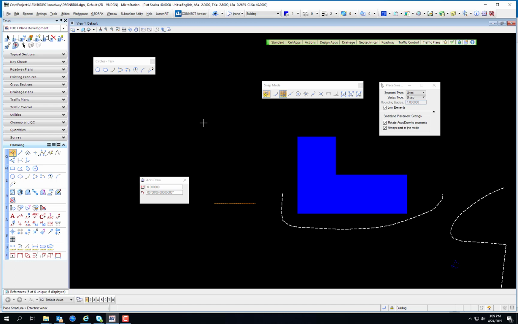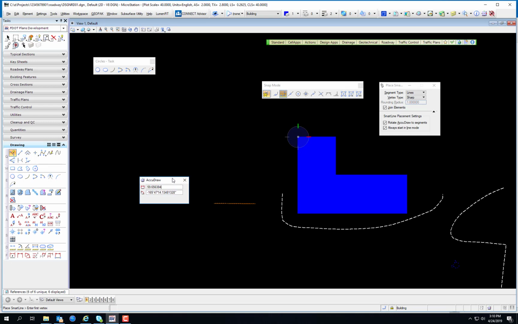Creating precision offsets is a fundamental function of the design process. AccuDraw performs this function by utilizing tentative points. These can be input manually, or the process can be further streamlined using AccuSnap. So one thing that's really handy is, say you want to start a line at a distance relative to a starting point. I don't want to start my line here on the corner of this building, but I do want to start a line going this way or going this way from a point that's 10 feet from the corner of that building. If you give AccuDraw focus and tap O, it places the compass,